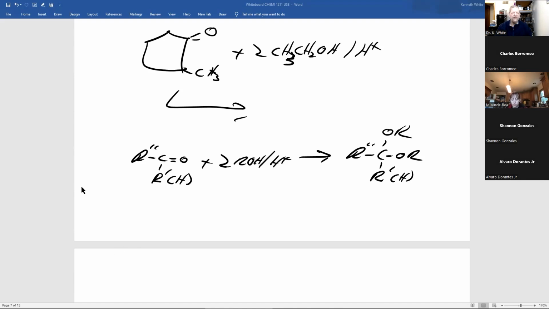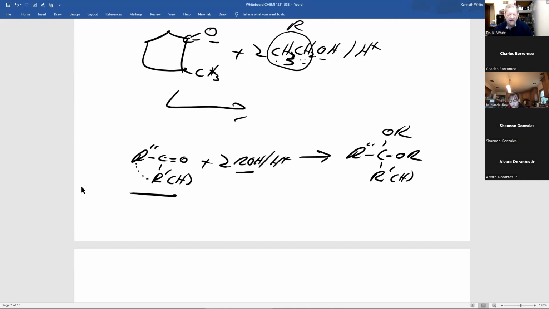All right, let's take a look at this. What do I have here? What's different? Ooh, oxygen double bonded to a carbon in a ring. That's a ketone. Where R prime and R double prime are the ring plus the methyl group. What do I have here? Methyl, CH2, CH3, CH2. Ooh, OH on a carbon. That's an alcohol. This is my R group.